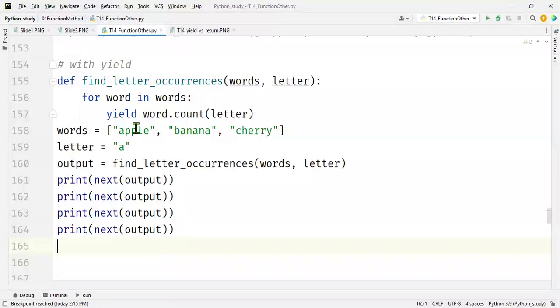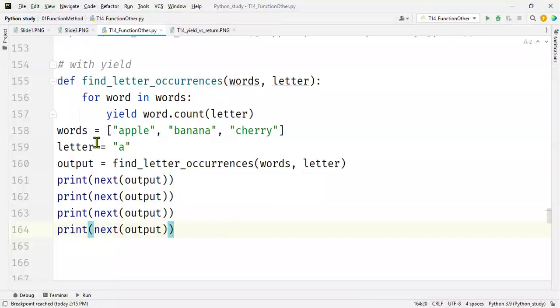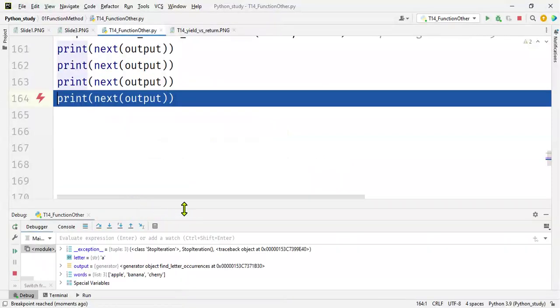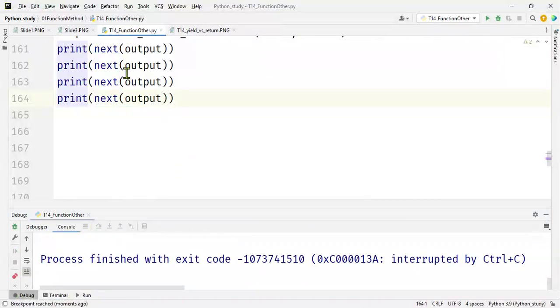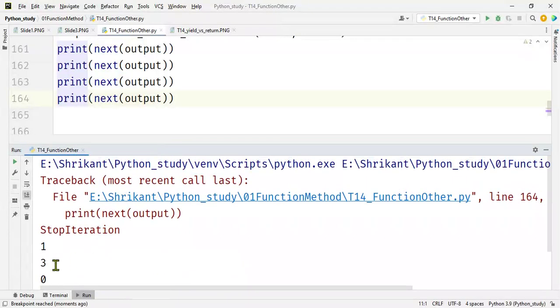So now you see here there are three elements and I'm calling it four times. Obviously it is going to process only three times because the list length is only three. So for the fourth it will not work, or it will give an error. Okay, let me just run it. Right, so first one time, then three time, then zero time, and then it was giving an exception or traceback,